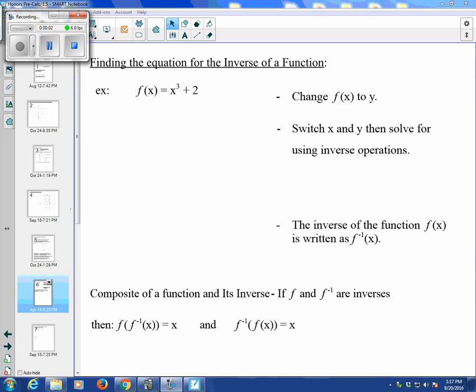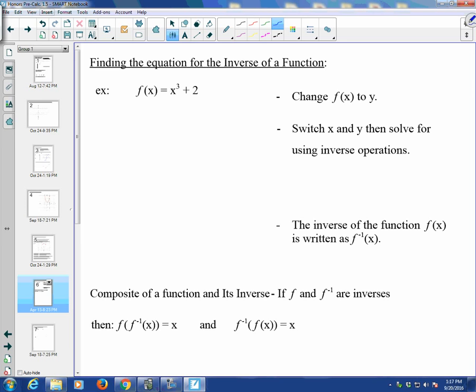Alright guys, so in this video we're going to talk about finding inverses for functions defined by equations. And in general right here we've got a procedure for finding the inverse equation for a given function. If we are in function notation, the first thing we're going to do is change f of x to y. So we're going to go from function notation to equation notation, which is going to give us y equals x